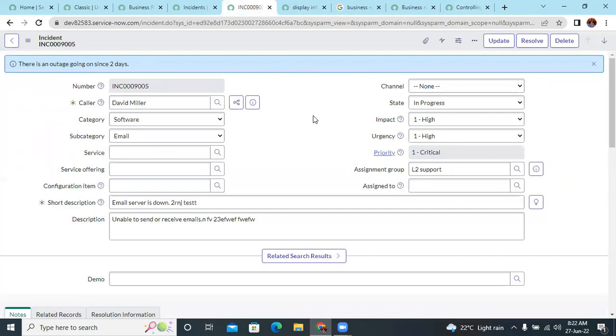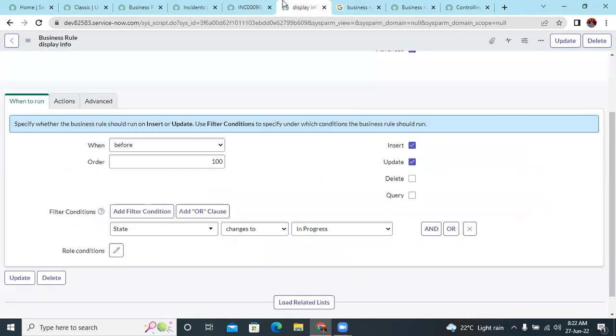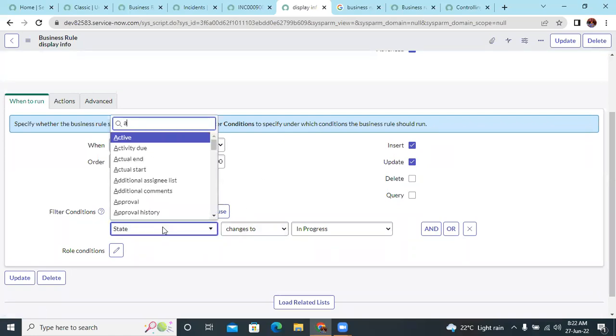For example, I'm trying to save the form. My requirement is that I don't want to save the form if assigned to is empty. Assigned to is mandatory for me. So what I am doing, I am checking here: if assigned to is empty,